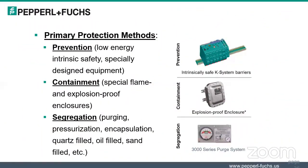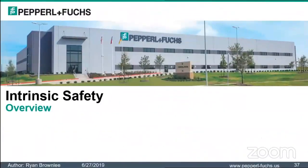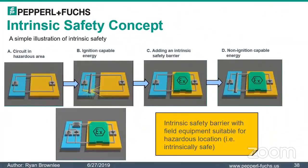So, going to go back and revisit the primary methods of protection a little deeper, if you will. We talked about intrinsic safety. We talked about containment in an explosion-proof enclosure, and we talked about segregation by using positive pressure, if you will, to keep bad stuff out of the box. So intrinsic safety: basically you've got a device out there, there's no protection, there's no energy limitation in the circuit. A little spark goes off and boom, you've got a problem. So by adding an intrinsically safe barrier,